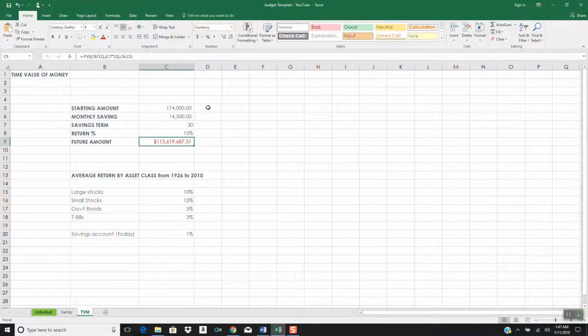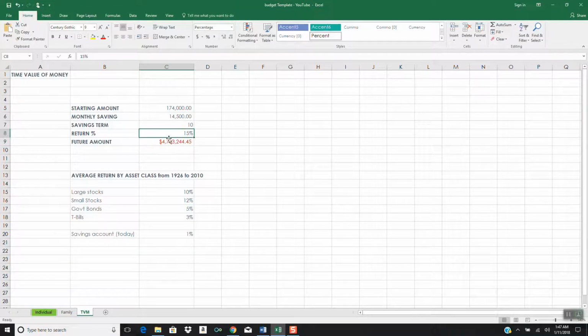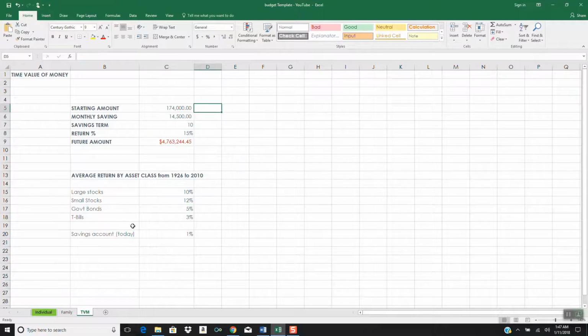I mean, we can play with these numbers as much as we like, and you can see the results. But the point is, if you follow this very practical pattern, this very practical guideline, then as you can see, building wealth is a very real possibility for people who organize themselves appropriately and do things in the right way. It's not some magical thing. It can definitely be done. People just have to sit down and organize themselves and be willing to do what it takes in order to hit these numbers.